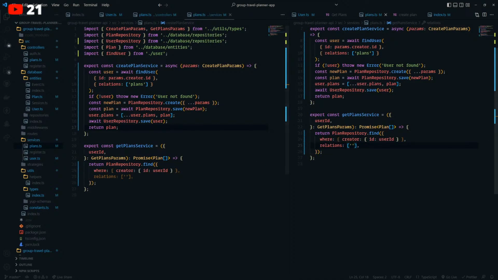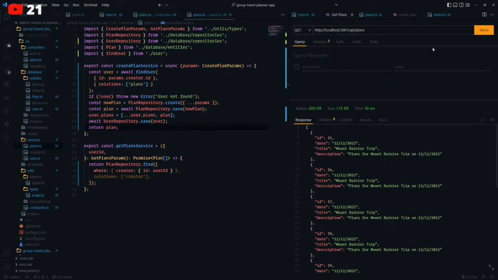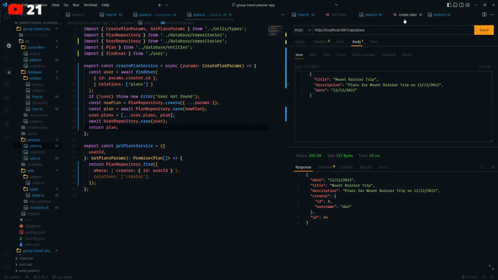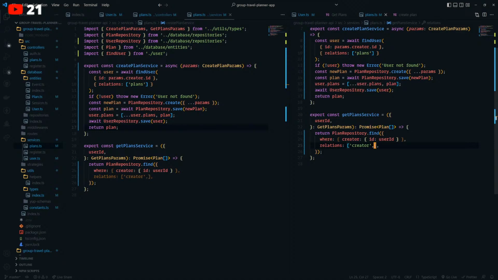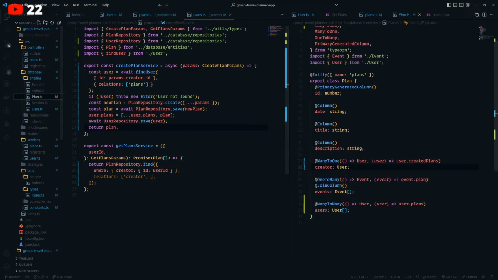And so for the relations, we need to get the creator, which I don't think we got. Yeah, we don't have the creator. And we also need to make sure we get the users as well.